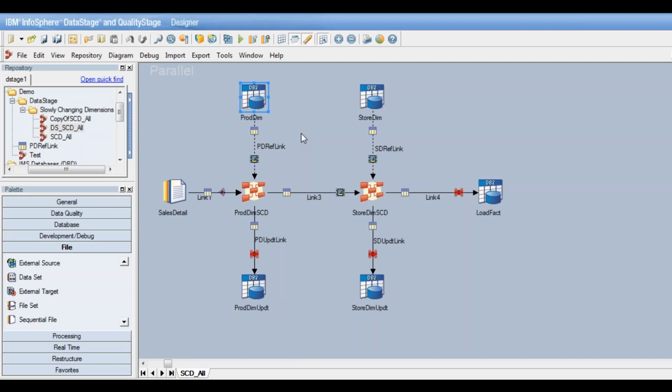In the first stage itself, they perform a join, either, if it's coming from files, through the DataStage join stage. Otherwise, simply through a SQL, a join will be performed. Only the matching surrogate key columns and business key columns will be pulled up, and that too only the current record.